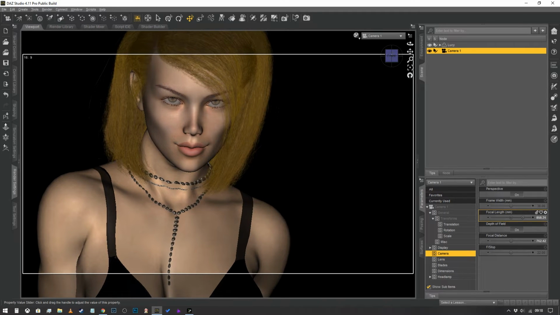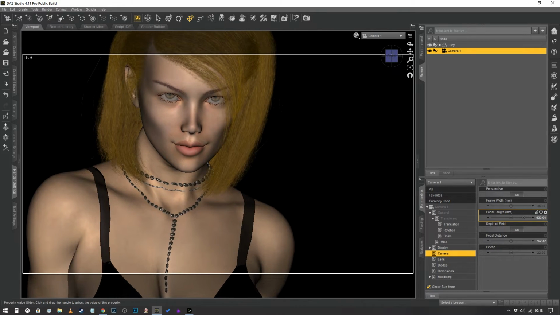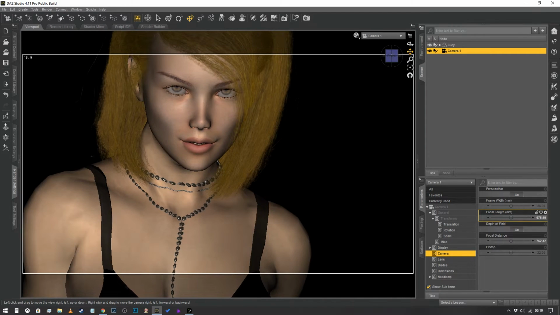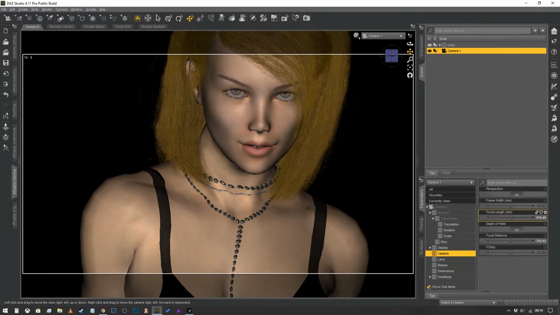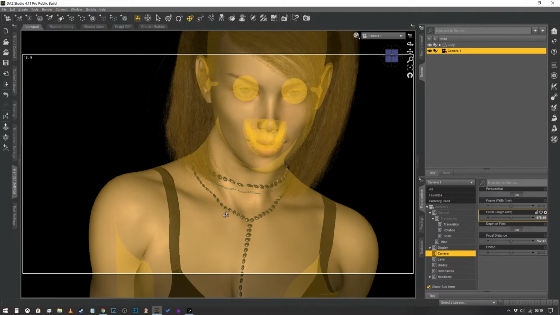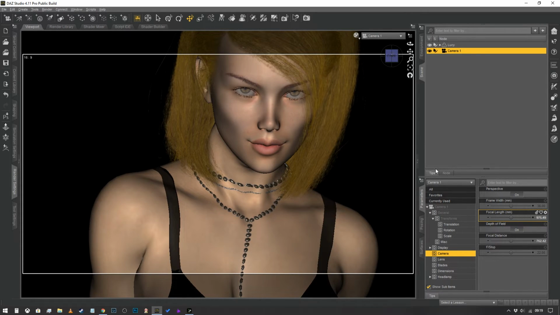I'm going to just do this by eye, and then you can see what's going on. I've moved her to the other side of the frame because of the way the shoulders are slanted to one side. This side just looks a little bit more open to me, and then I'm going to rotate the camera ever so slightly